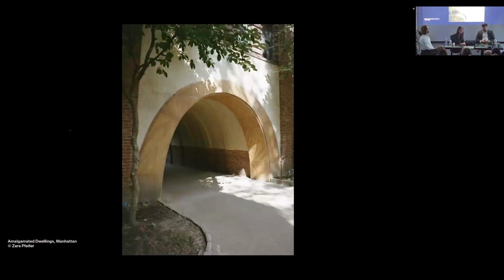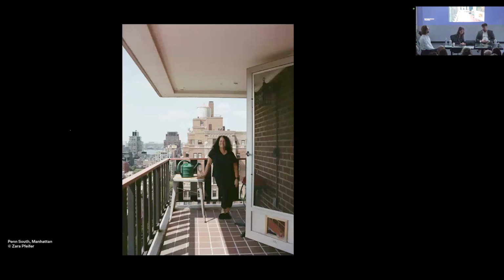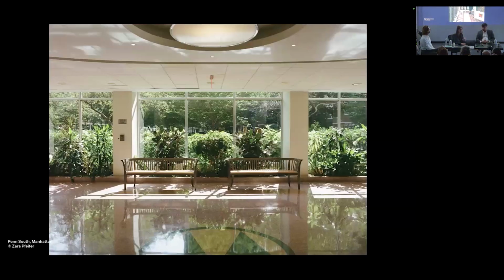So I'm going to just click through some images. We visited all of them together, Dan and I. This is Penn South. We approached residents. We got a tour here in Penn South. And like I mentioned, I'm interested in